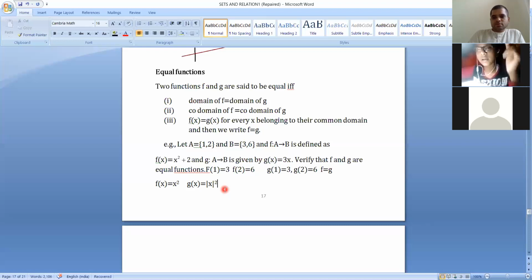Let's say if the x value is -3, the square will be there because it is defined in this way. If it is not there, then it will not be an equal function. What will be the value of mod x if x is -3? Then 3. The value of mod x will be 3, always positive only. That is the modulus function. It removes the negative sign.